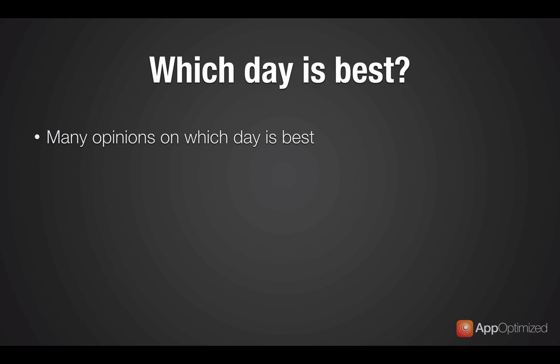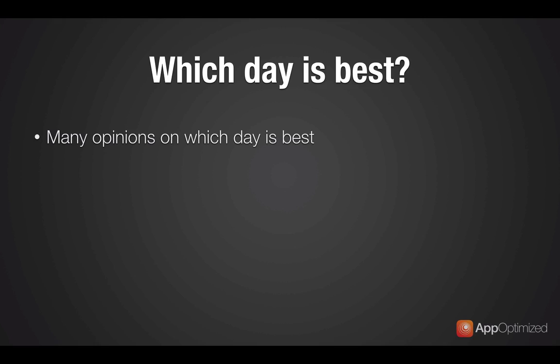Now, the biggest problem with all of these opinions is that it changes all the time. So if someone announces that Sunday is the best day to launch your app, many, many more people are going to be launching their app on a Sunday because that's what everyone's saying. So suddenly you have this influx of apps being launched just on Sundays.